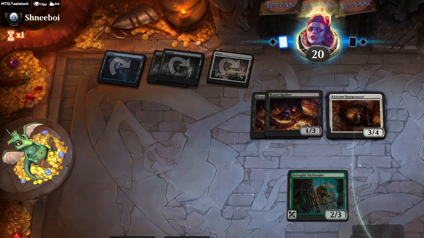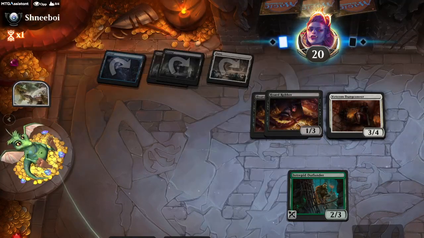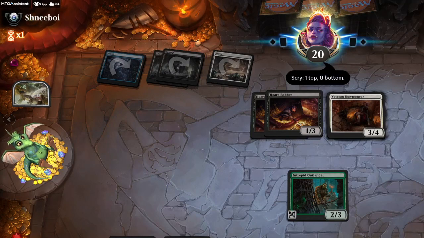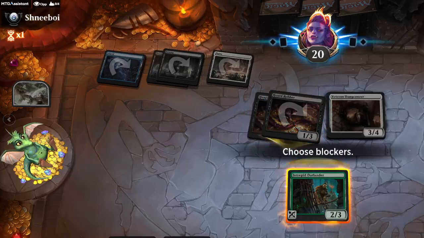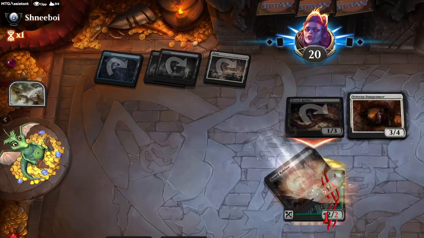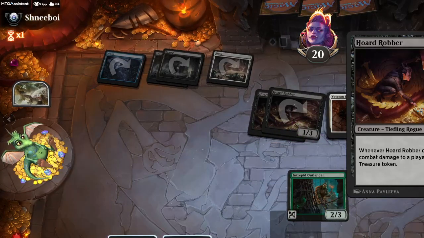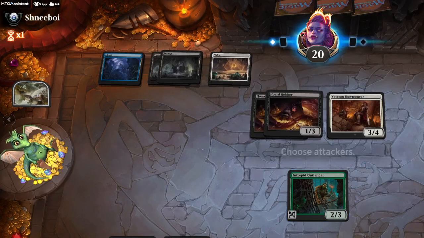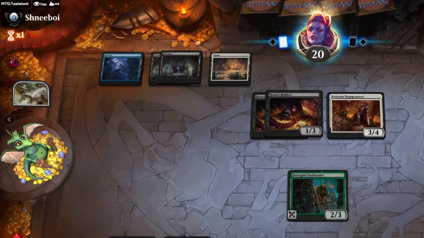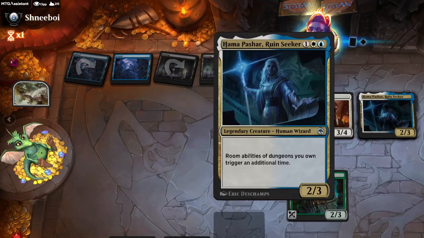Speaking of venturing into the dungeon, Lost Mine of Phandelver. Okay, so they might also get a treasure token or goblin up next. And these guys are just so loaded with loot. Yeah, just not as much land power this time. That happens sometimes. They start you off with more land than